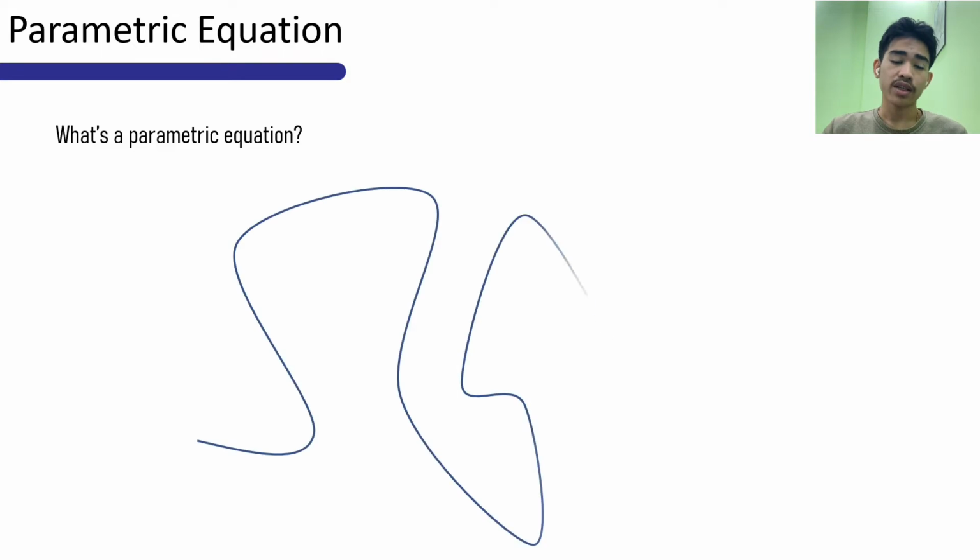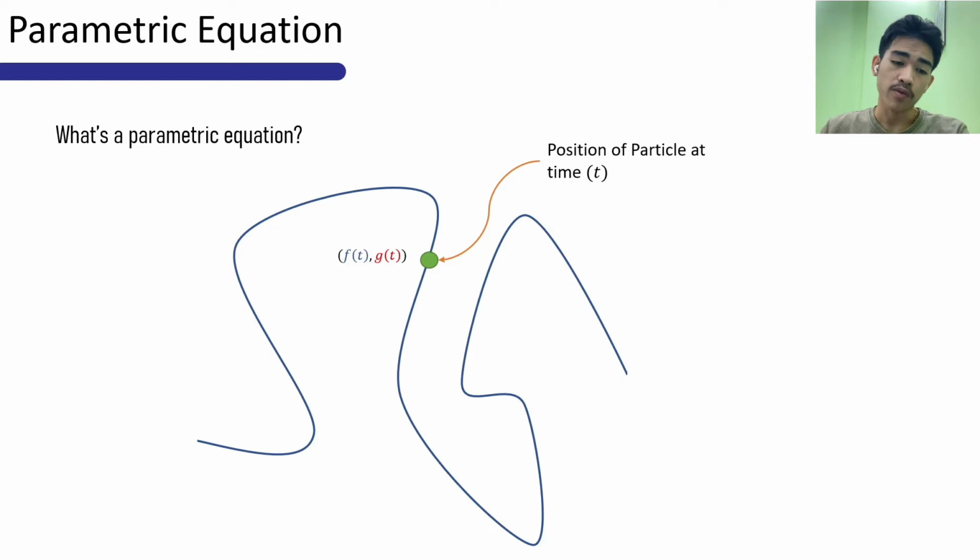Now, let's say we are given this curve, and you can see it bends upward and downward a lot. We can't describe this curve as a function because it fails the vertical line test. You see that there are many points touching the line. So this is when we use what is called a parametric equation. This basically means that we're trying to describe the position of a particle on that line